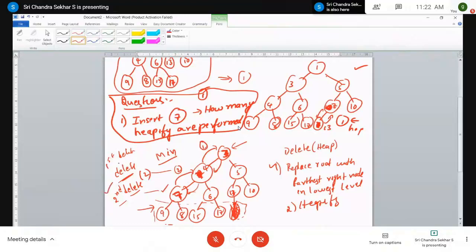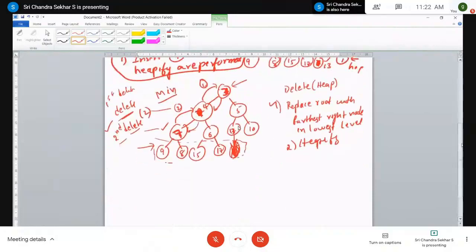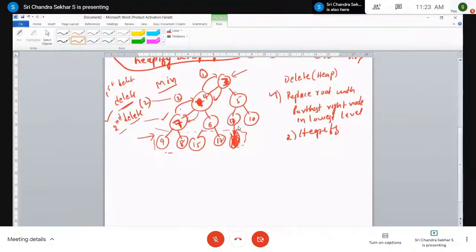Therefore, after performing the first delete operation, you have to heapify it and then you have to go again for the heapifying. Okay. For example, let me conclude this with this example. So I am performing the second delete operation.